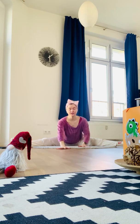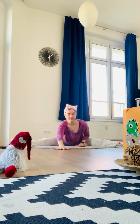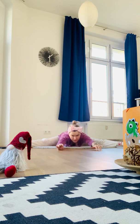Stretch your arms forward and try to bring your belly to the floor. If it's okay for you now, you are not wrong yet, you can keep that position in your back. If you feel that you can go lower, please do. And relax here for 5,